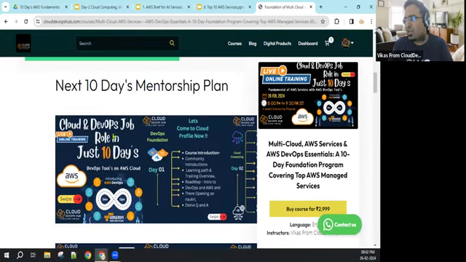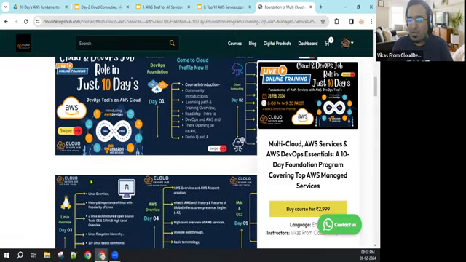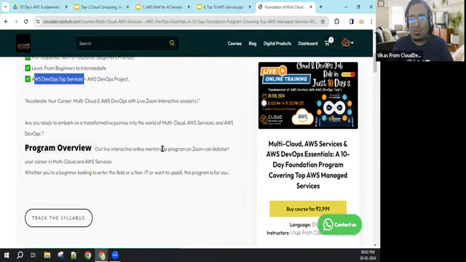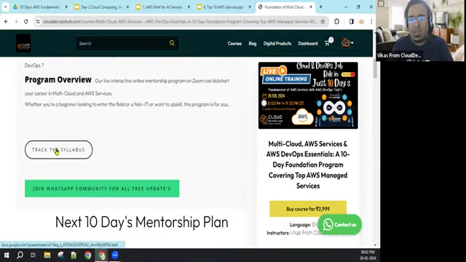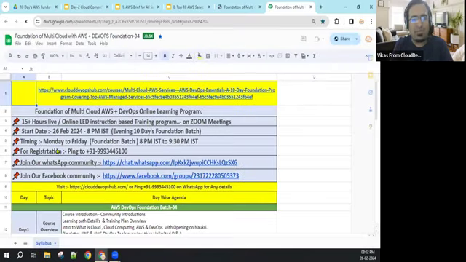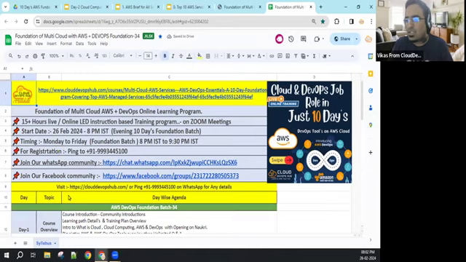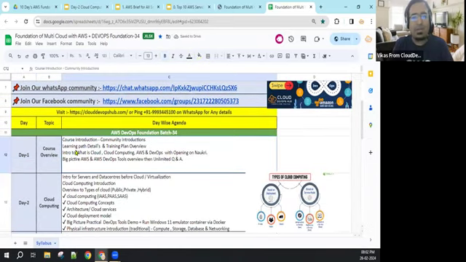We have clearly mentioned what we are going to learn in day one, day two, day three, day four, day five. Everything has been clearly mentioned. But sir, how can we track which one has been completed or not? So we have created one more tracking place here: Track the syllabus. If you click here, an Excel sheet will open. In this Excel sheet, whatever we complete, we will make it green. Is that okay? Yes or no? That will be very straightforward, right? Cool. Now the very first point that has been written is the course introduction.